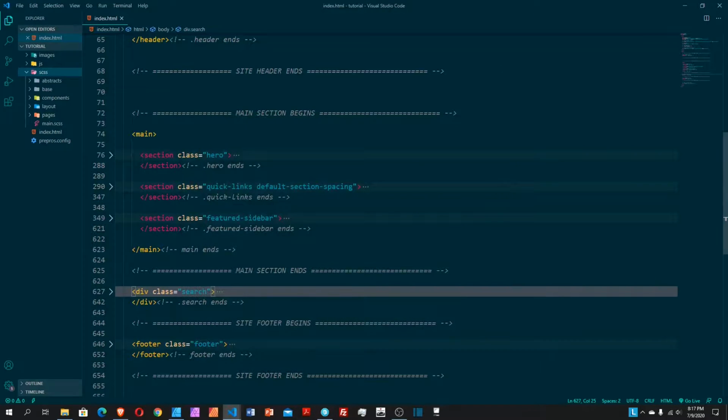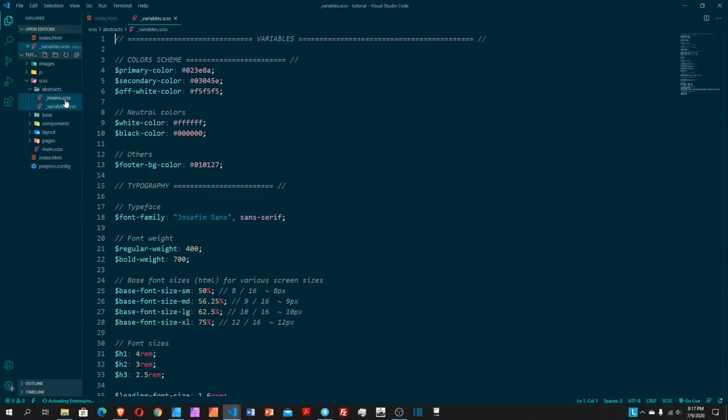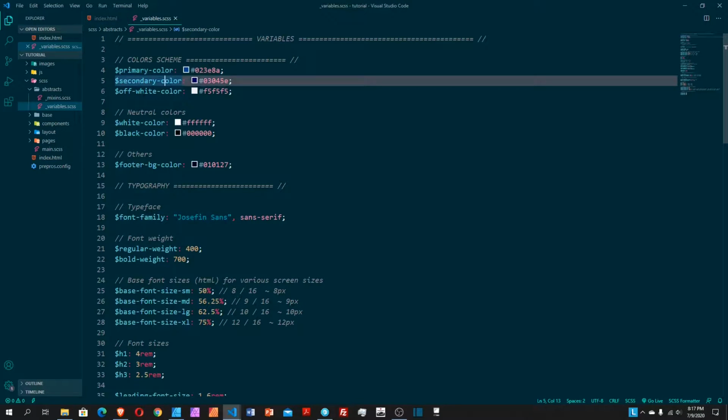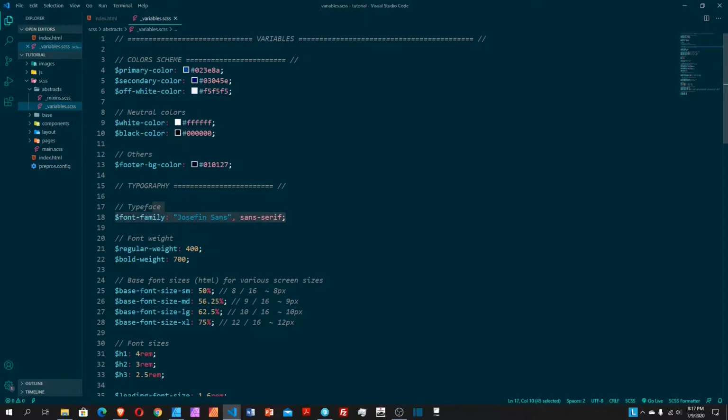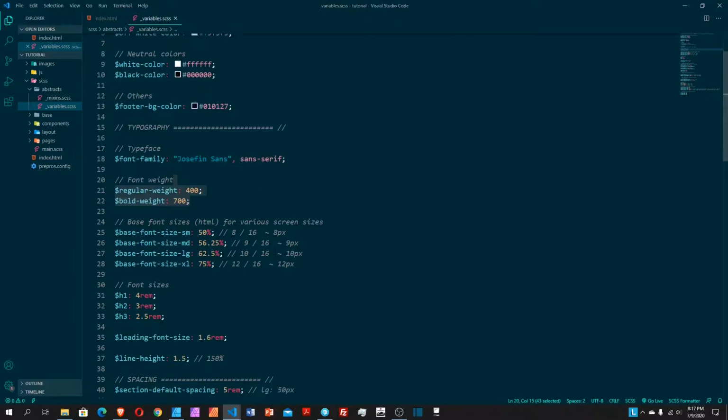So with that out of the way, let me go through this folder and these files to show you what they contain. I already went ahead and pre-filled some of them so we don't spend a lot of time writing them. For example, let's start with the abstracts, the variables file. Open variables. So I have our colors right here: the primary color, secondary color, and the off-white color. So I have a color scheme right here, the variable color scheme. I have my font family, the font weight, and the